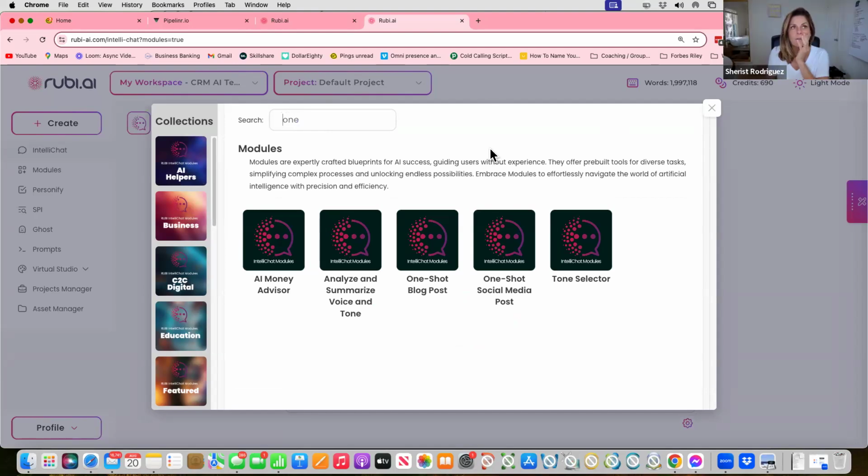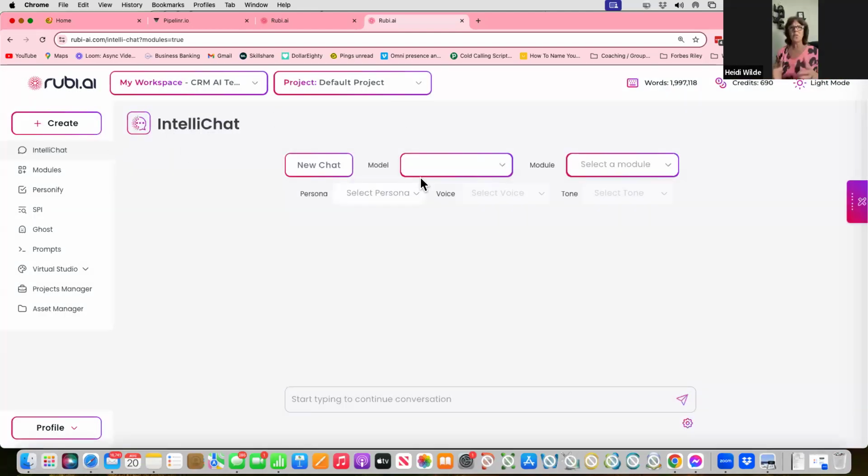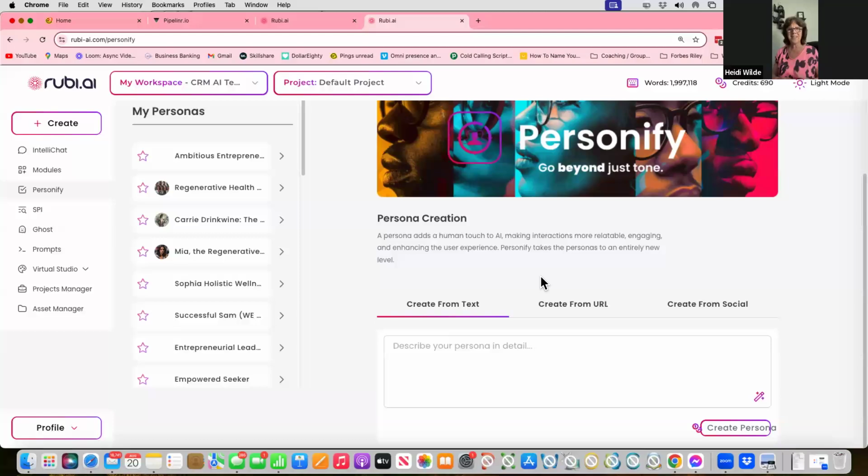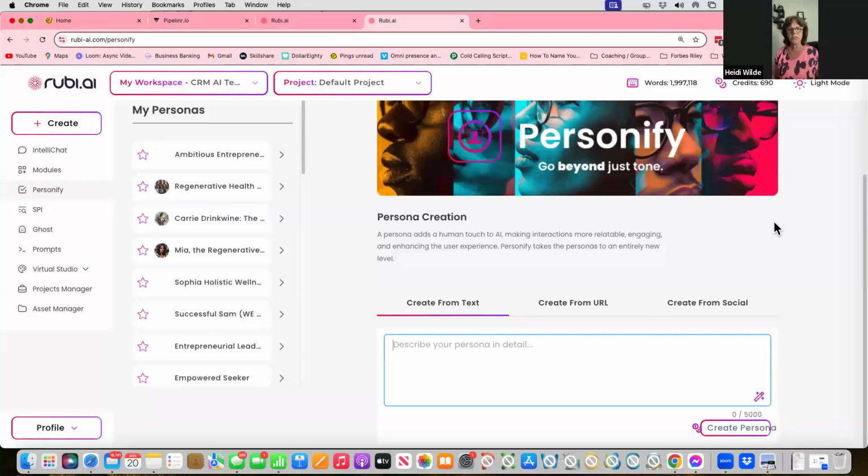Right. Yeah. So the first step would be to write a persona that's very clear on the audience you're targeting. And then that's the foundation that is going to pull in when you're creating all the content. So that's what a persona does. It's the foundation, and it's amazing how it pulls it in. So you're going to write exactly who you're targeting.